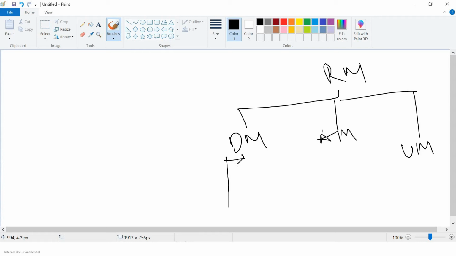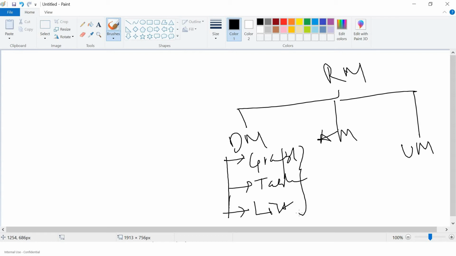Inside that we'll create components. Let's say I have created a graph component, a table component, and a list view component. So I have three components created inside this dashboard module. These three components are not connected to the root module. They are connected to the dashboard module.